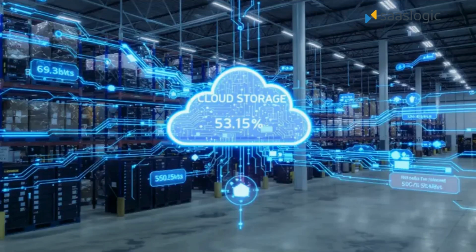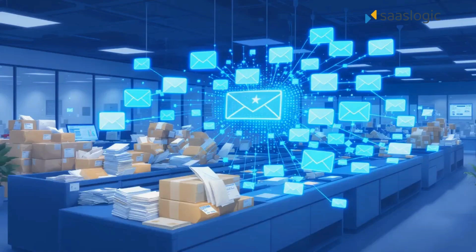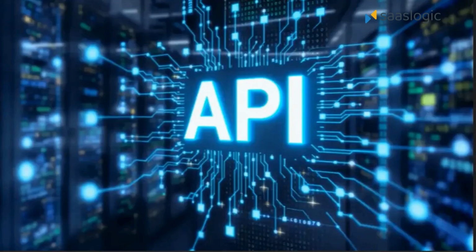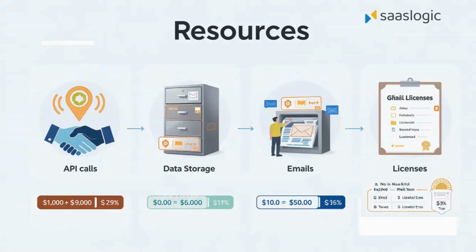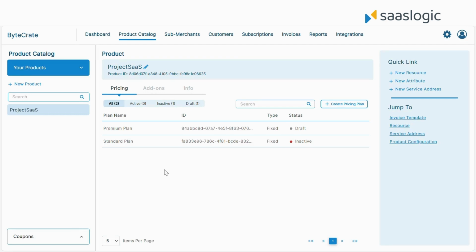Suppose you want to charge your customers for items such as the storage space they consume, the number of emails they send, API calls they make, or even active users on their account. In Saaslogic, we call these resources, measurable items or services your customers consume and that you can bill them for. In this video, we'll show you how to add resources to your product so you can include them in your